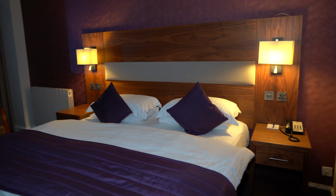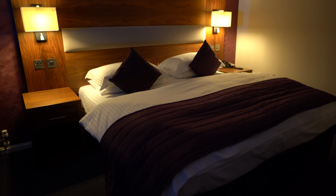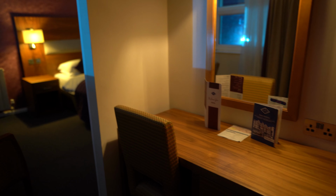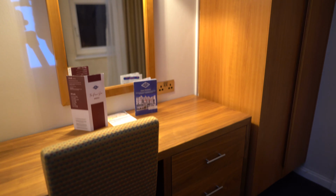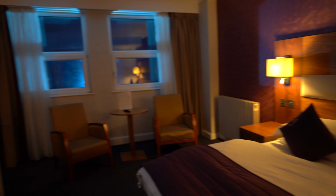So this is the standard room. You pay a little bit more, but you get a lot more. For example, the size of the bed, super comfortable, not queen but king size bed. You get two separate areas, for example, sleeping area and also work area. So one can be sleeping and one can be working without disturbing each other. Most of the rooms of this type of suite have a seaside view,